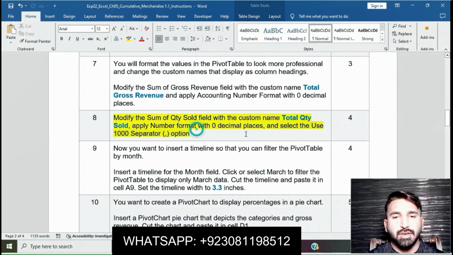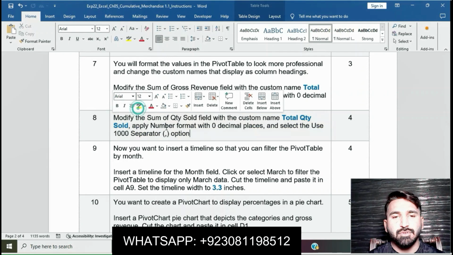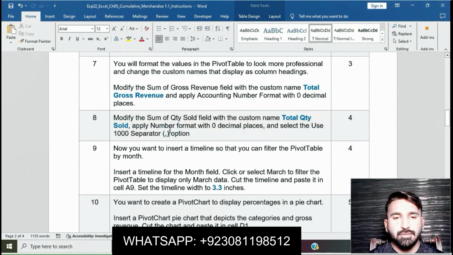Now moving on to step number 9. I have done 8 steps of this assignment. Now moving on to step number 9. Step number 9 is that